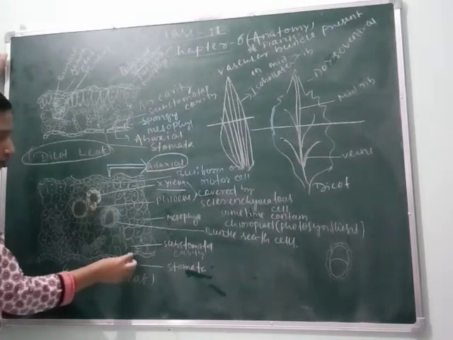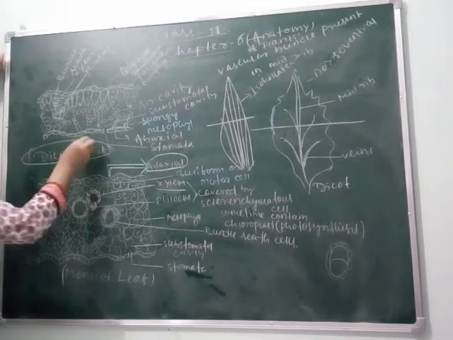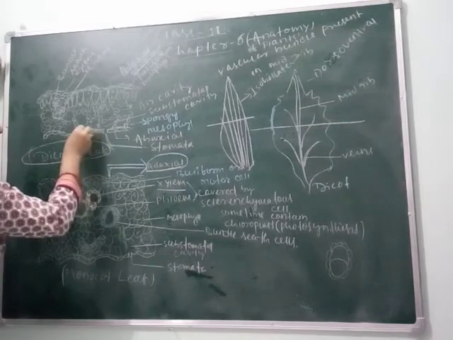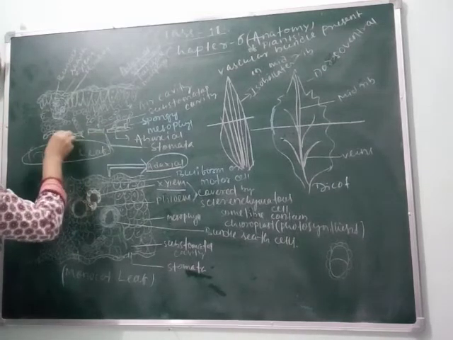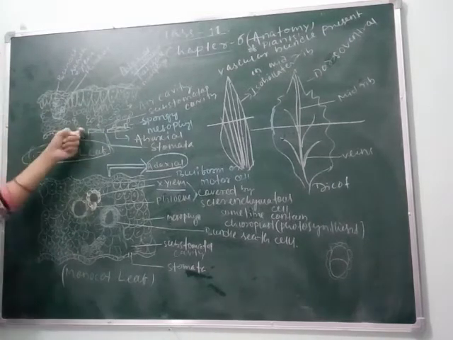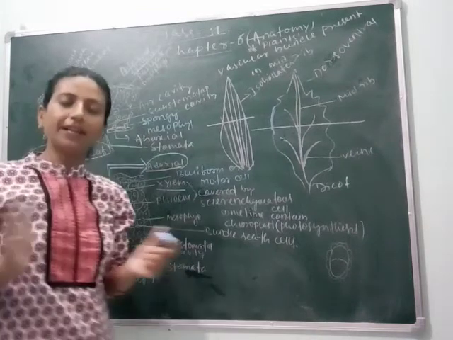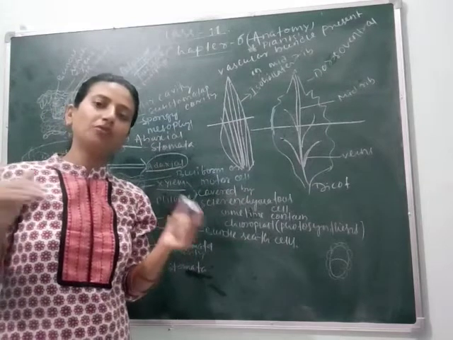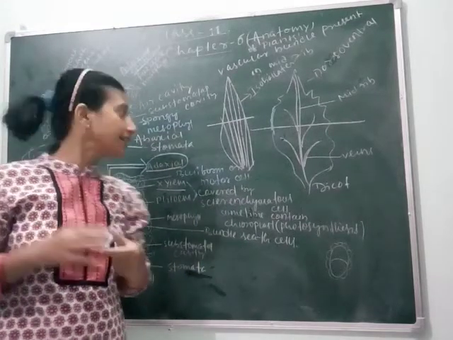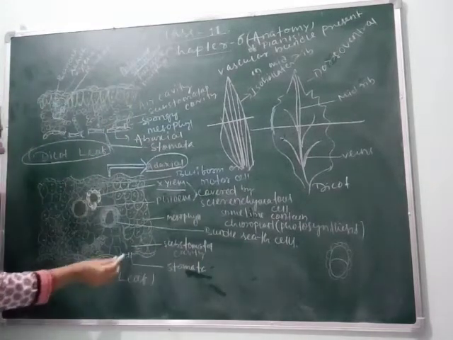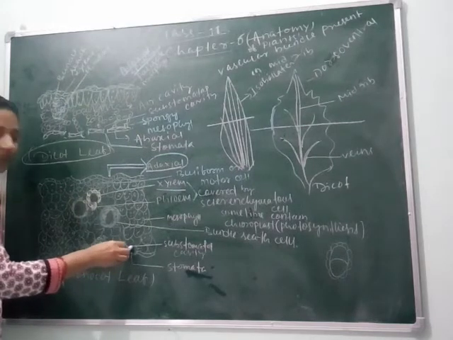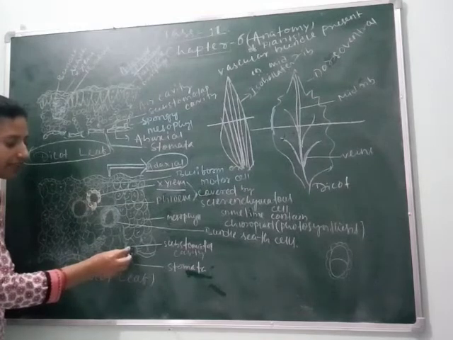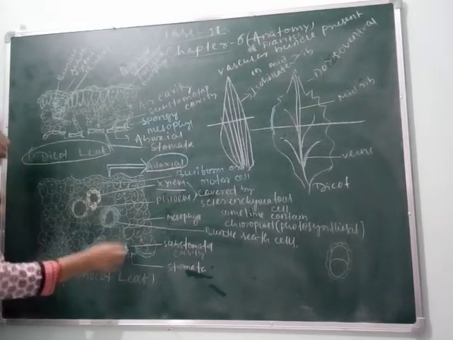Next is your stomata. This is stomata. We can see it in dicot also. Many stomata are present at regular intervals. We can see them like this. As we know, the stomatal opening opens and closes regularly for photosynthesis and for transpiration. And above the stomata there is a substomatal cavity. Means here is the cavity present, that is called substomatal cavity, and here is the stomata.